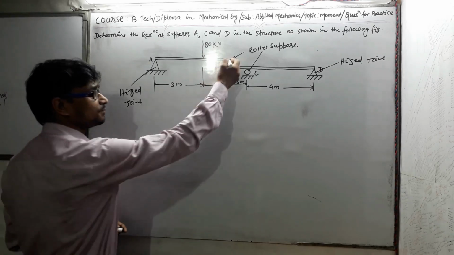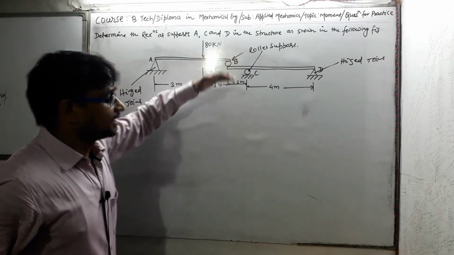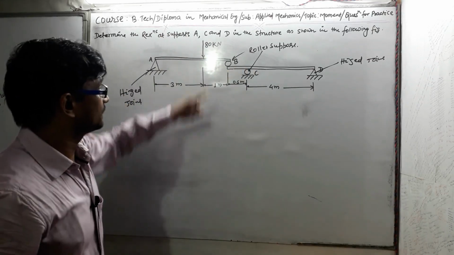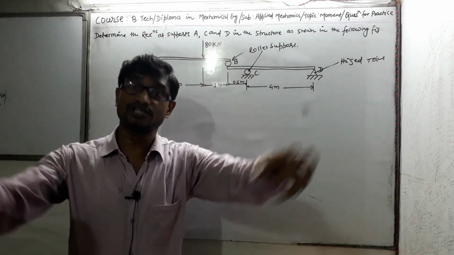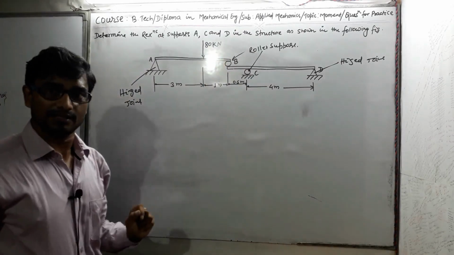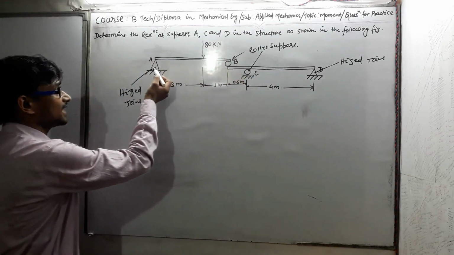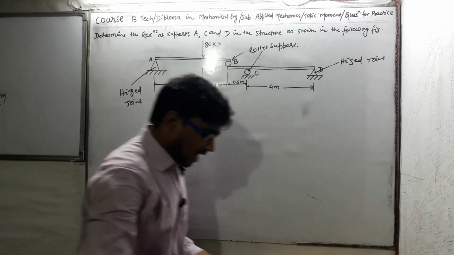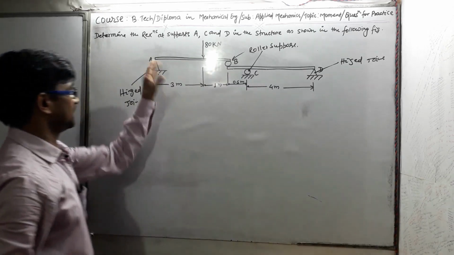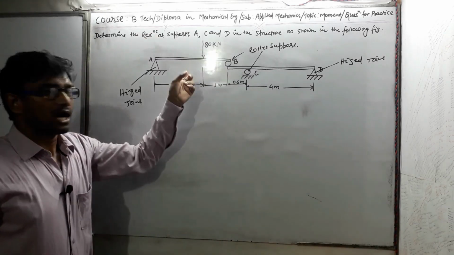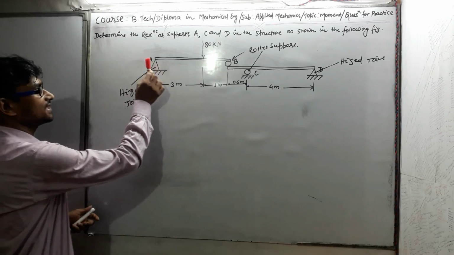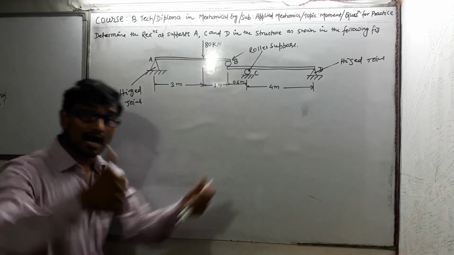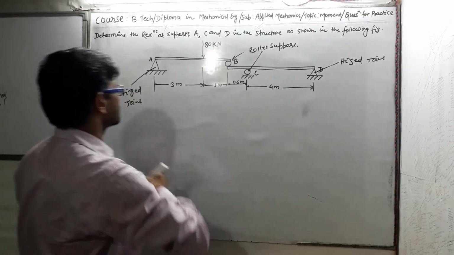Now at point B the upper beam is kept over this lower beam. It means these two beams are supported by each other at point B. So there would be a reaction force at point A and at point B. Let's see how the reaction force will act at point A. For the beam AB, the upper beam, this is a support and this is also a support, so the beam is uplifted by the reaction force.